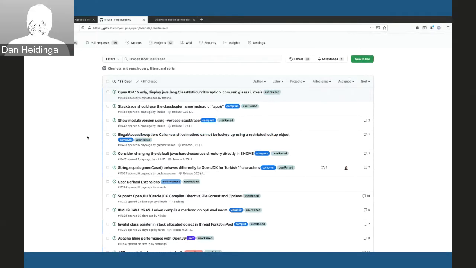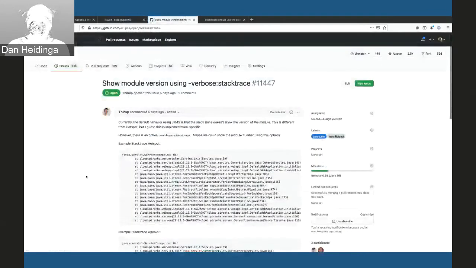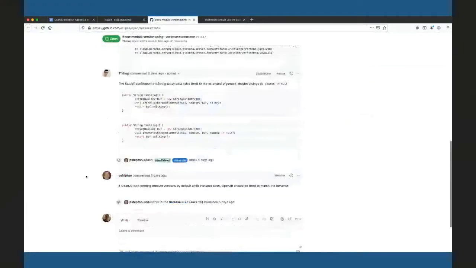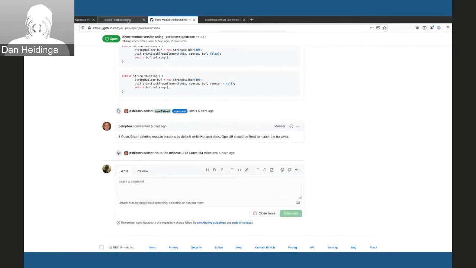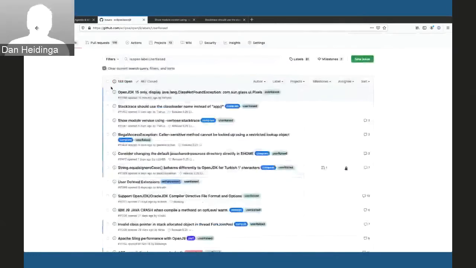Another question around module version using verbose stack trace. So there's a bit of a conversation there. Again, hopefully something we can get resolved fairly straightforwardly.